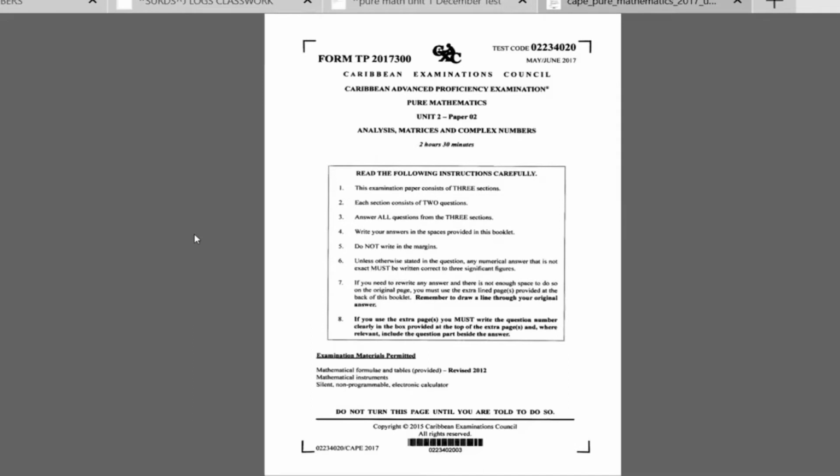2017 paper 2, nice and easy. So let's get it. All right, so this question says, find the first derivative of the function f of x, where f of x is cos inverse of sine inverse of x. So nice and easy. To find the derivative, f prime of x is equal to,